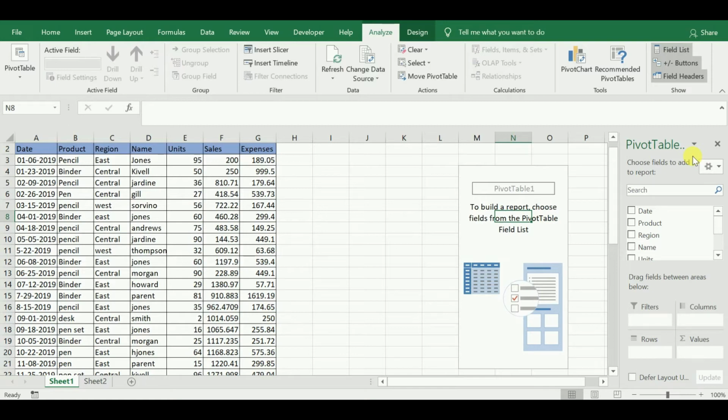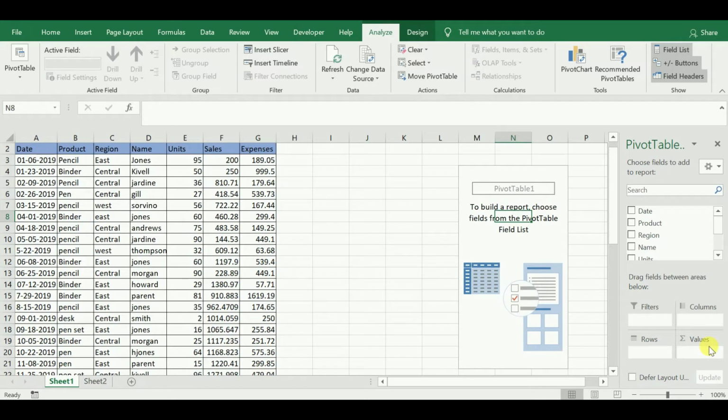In the normal table, I have date, product, region, name, units, and in the pivot table field list also, I have the same column headings. Now these fields, I want to divide into 4 partitions: filter, columns, rows and values.